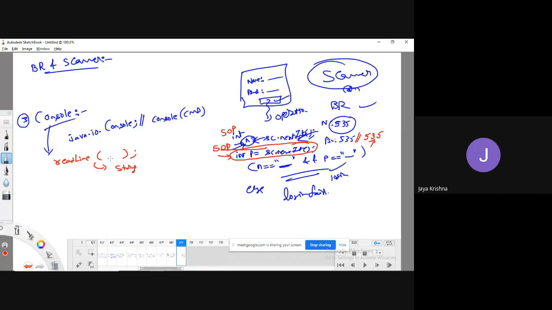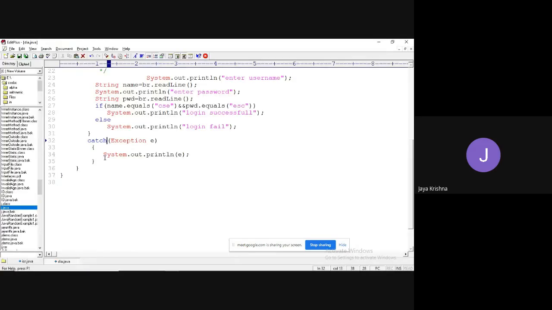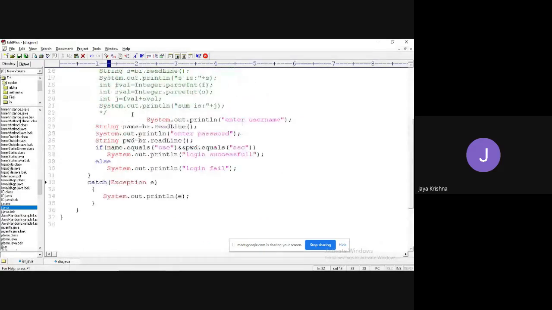It not only reads a line of data, but also whatever data you pass as a parameter, it is going to print on the console. That is the difference between the readLine method in console and the readLine method in BufferedReader. You have to observe that. Now let me modify once again.